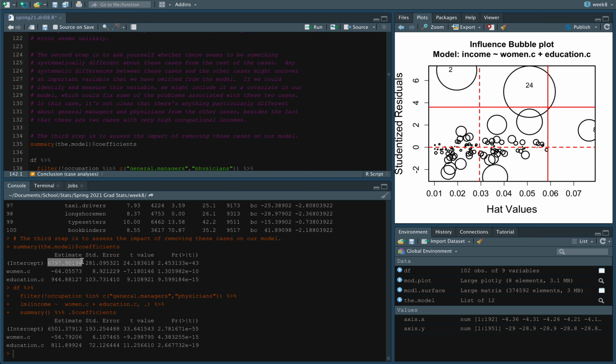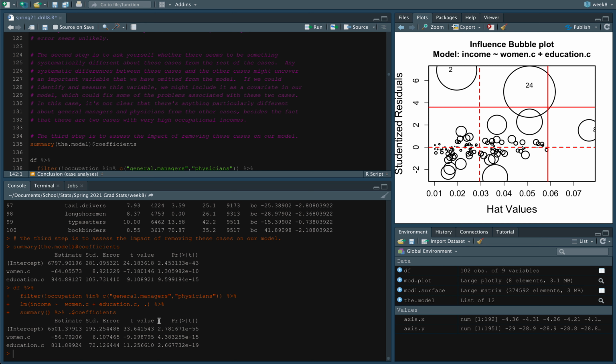The average expected income for someone with the average percentage of women and the average education would be $6,797 a year, about $6,800. Once you take out those two particular cases that have unusually high incomes, that estimate drops a few hundred dollars,